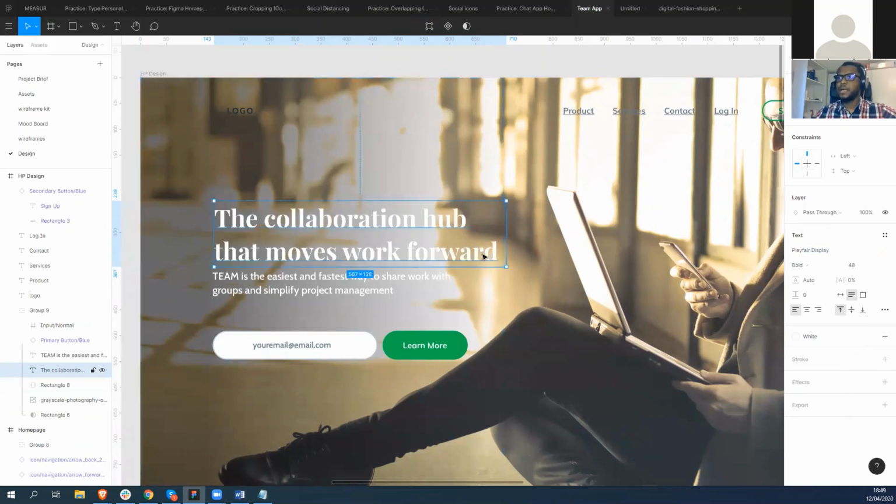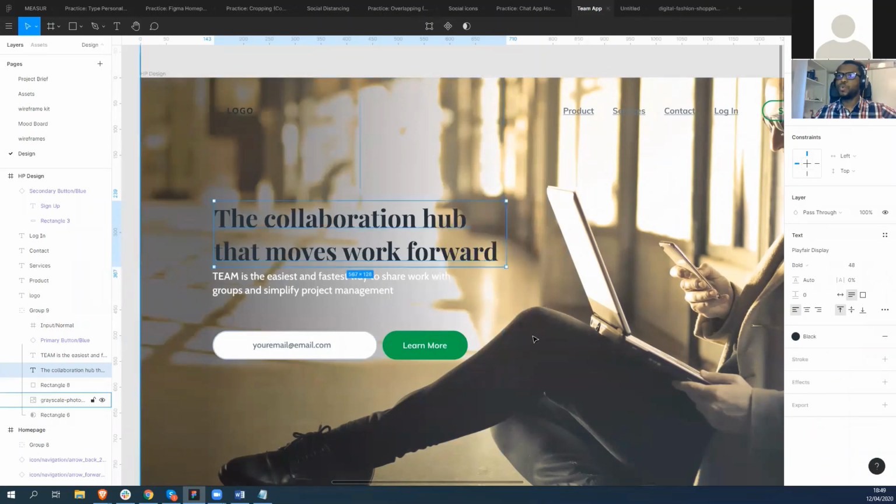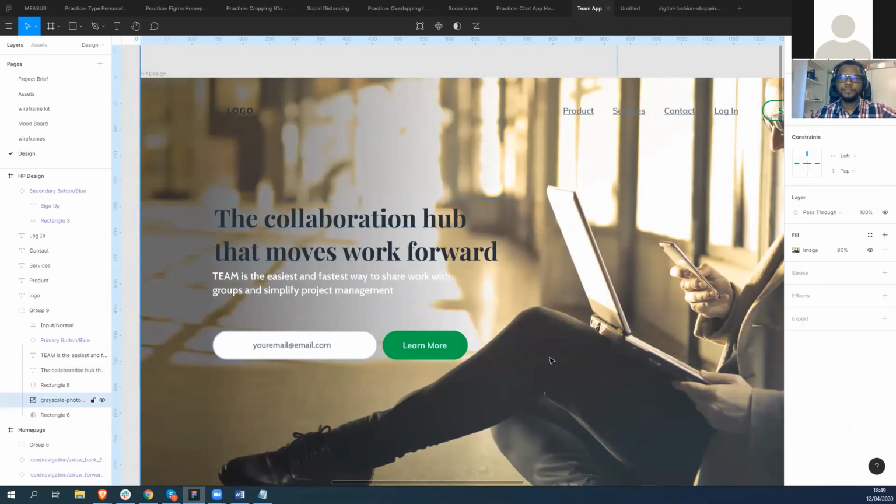Look at that. And I can also explore the color to see which one works best for me. All right, but if you have to do this in code, you can't see it. You have to keep going back and forth to see which one works best. But with design, you can already quickly see how it's going to look,